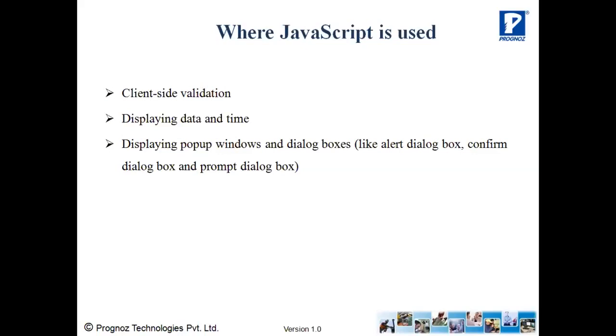And as you know, when it comes to dynamic behavior, we are always working with forms. Means we are always accepting some data from the user. And when you are accepting the data, you should verify that data against certain criteria. Those criteria, those limitations, can be applied with the help of JavaScript.